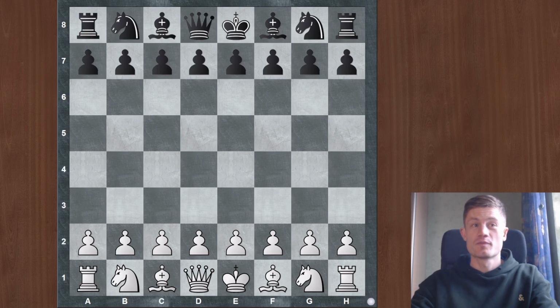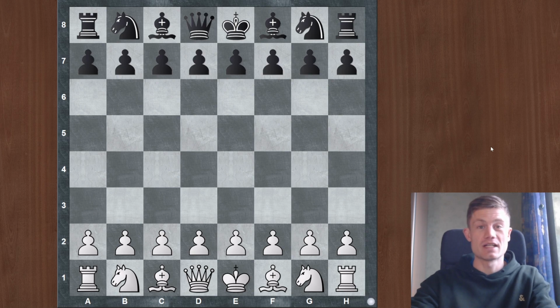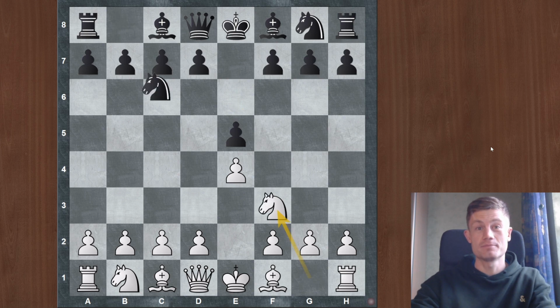In this video I want to show one of my recent rapid games where I played against a FIDE Master from Colombia, and he really attacked me with all forces. I had a huge advantage, but things got really messy. So let's have a look at the game, which started with the Italian